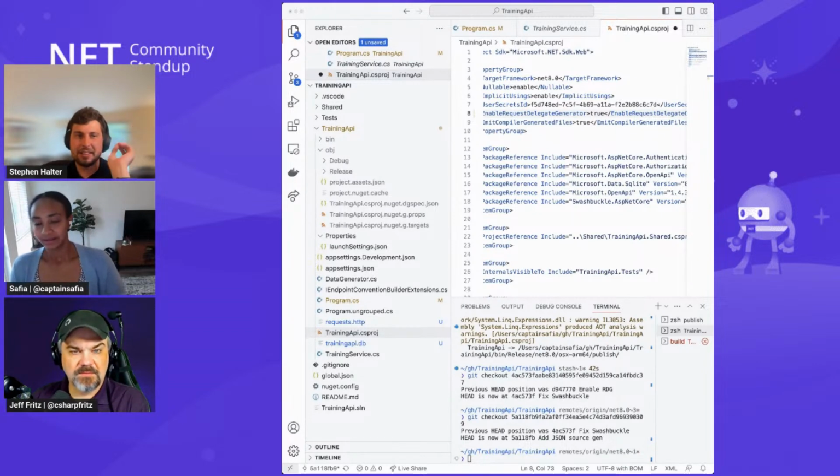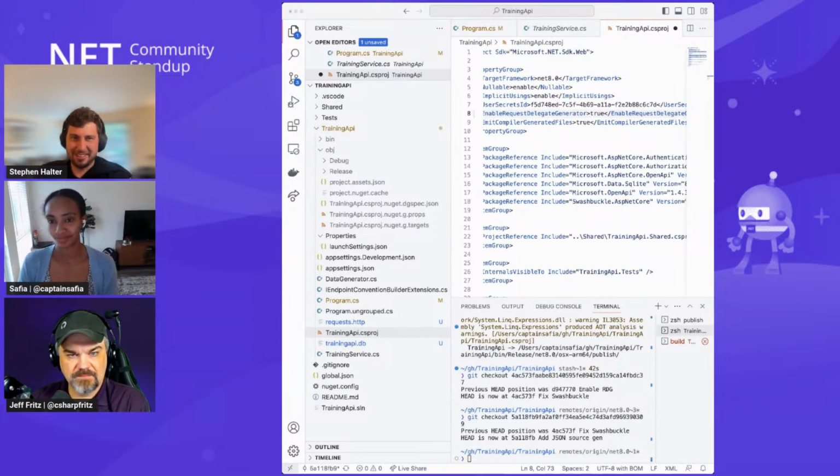But I definitely encourage any library author who's using MapGet or MapPost to use that enable request delegate generator thing, because it's trim friendly if you do it and it works. So try it out, report bugs, especially once the RC1 comes out. Keeping me busy fixing bugs.